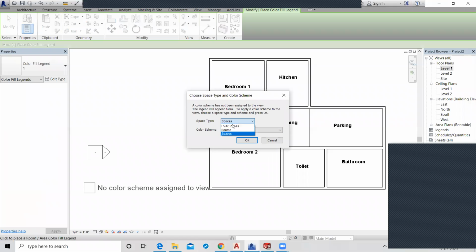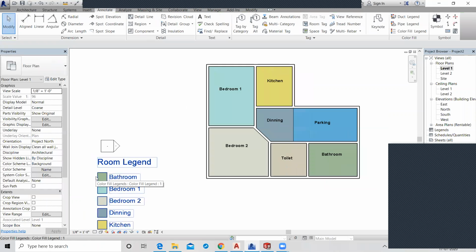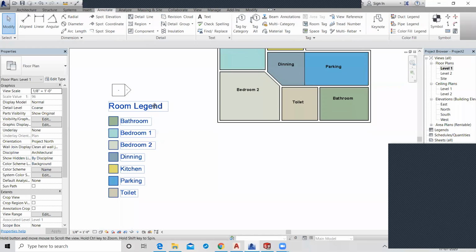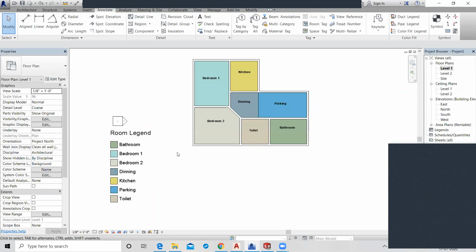So you can choose with the help of rooms and the name, and click on OK. See, the bathroom is this color, the bedroom is this color. These are your different colors. If you want to change the colors,